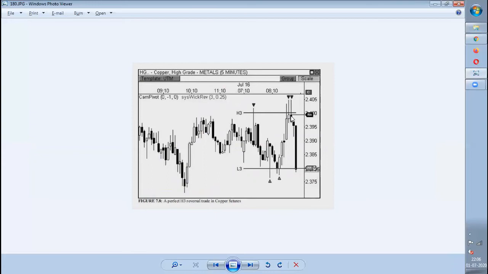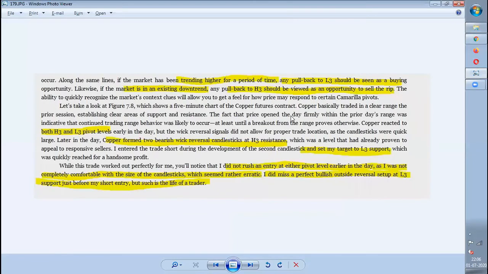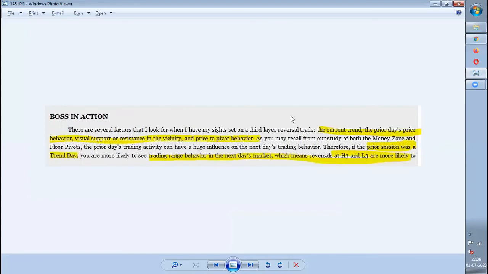So this is all about the content in this video, a small video where I have just covered how the boss in action traded using the L3 and H3 reversal trades. Kindly watch the other videos for better understanding, and there are certain other things you have to note. He has just told about when a range is going to be an uptrend and a downtrend, how you have to react to it. He has not explained much more about the price behavior or the price to pivot behavior, and all those things have not been explained in this chapter. Why? Because this is going to be a basic session, and that is why he has not covered much. So that's it from my end.